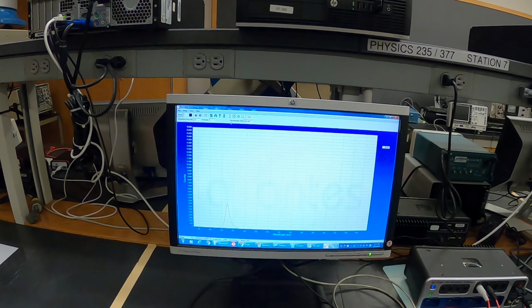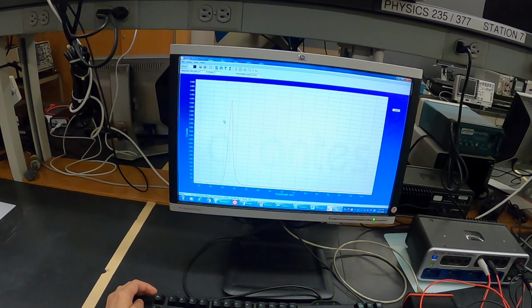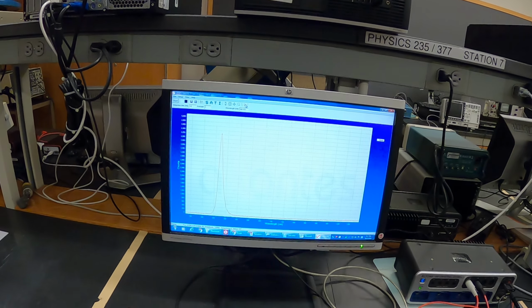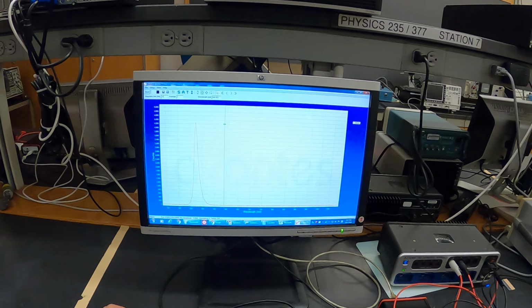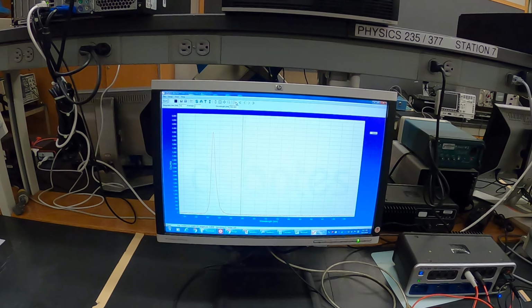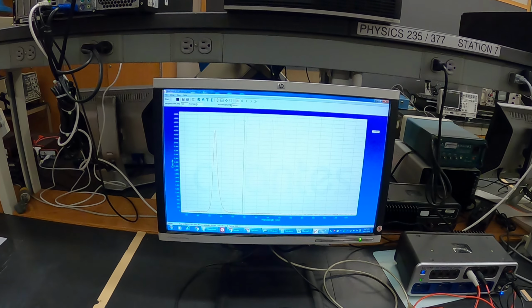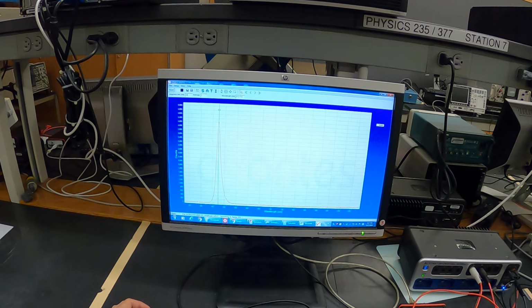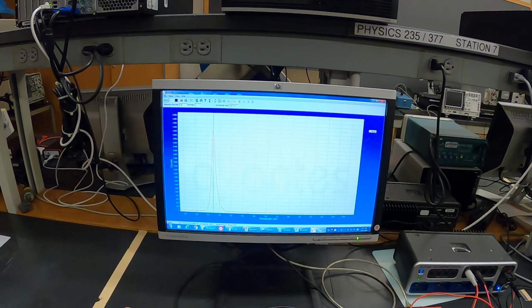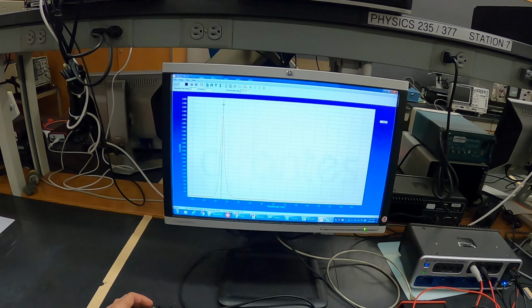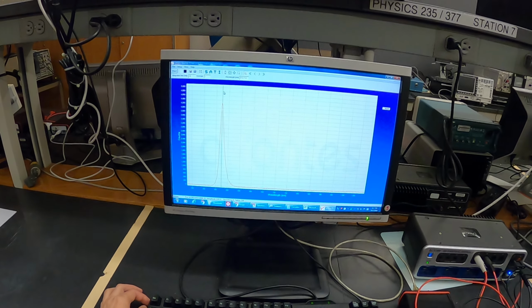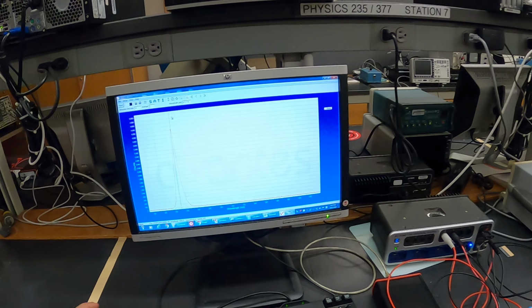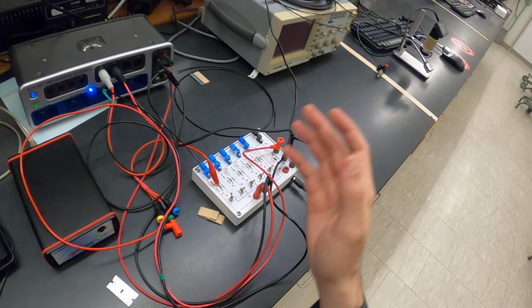Okay, I can click here, and then I can measure the peak. So I can click on this tool here, this show cursor, and then I can drag this, and the wavelength will appear here on the top. So this was 473 nanometers. And of course you do for each LED